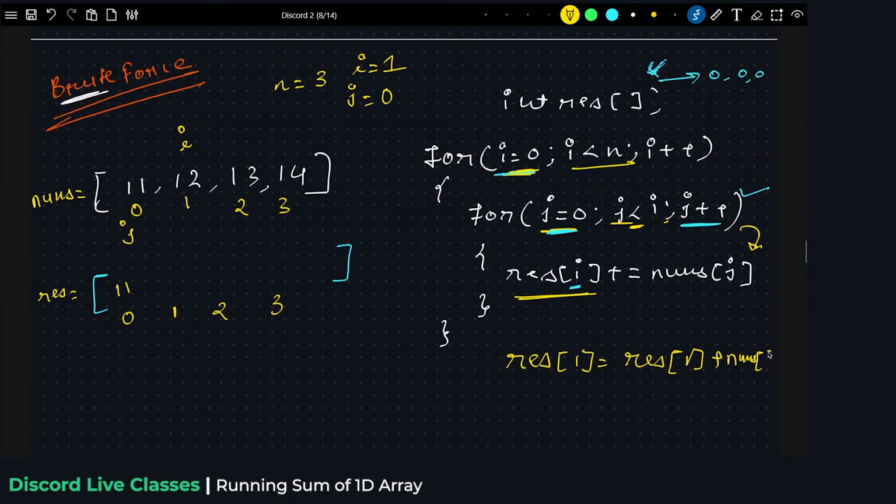nums of how much, nums of nums I basically here, and nums of 0. So nums of 0, basically you need to add these two elements. So right now what is the value of result 1? The value of result 1 is 0. So 0 is equal to 0 plus nums of 0, and what is placed there? 11. Then 11 will come. So right now we have placed the